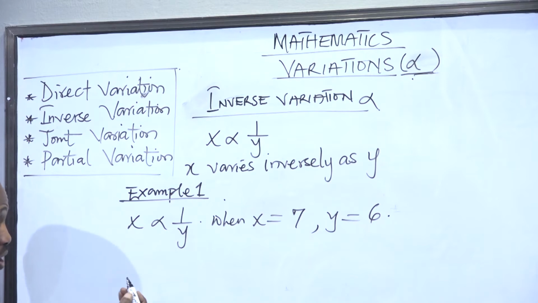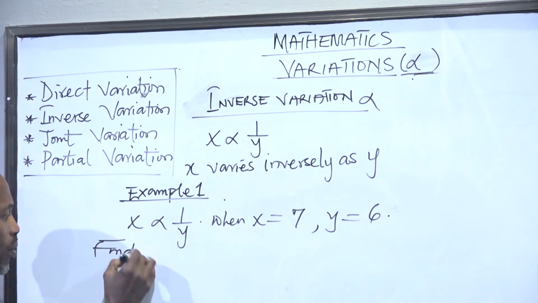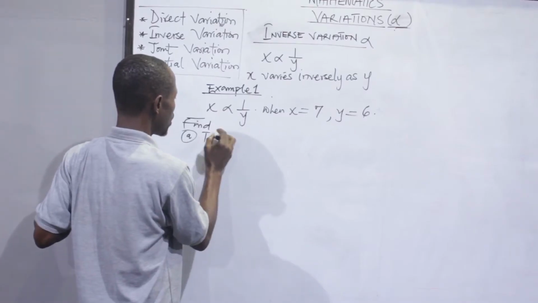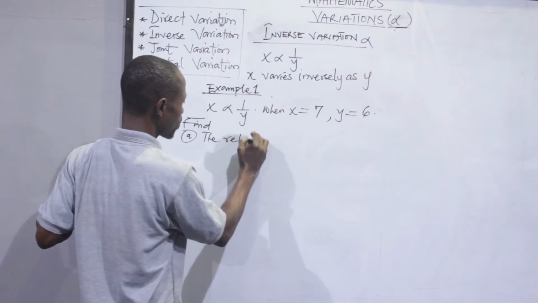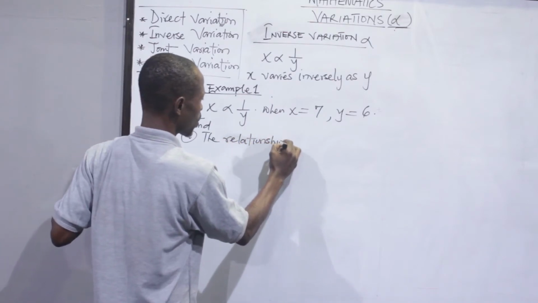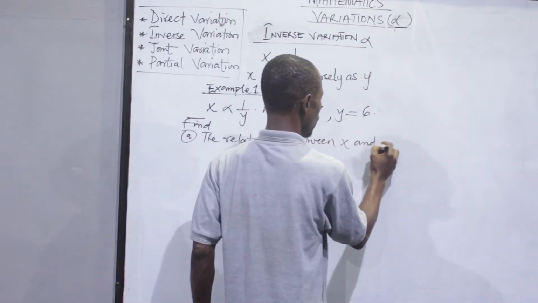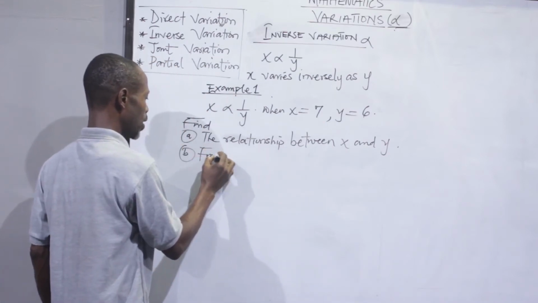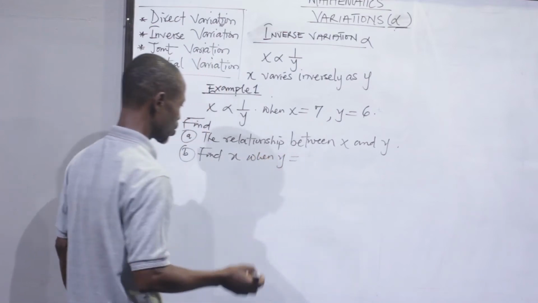Now, as before, nobody will tell you to start looking for a formula, but let's just create it. A, find the relationship between X and Y. B, find X when Y equals